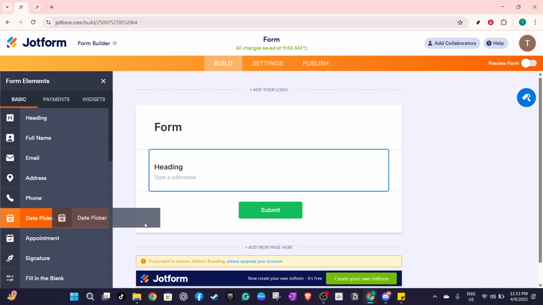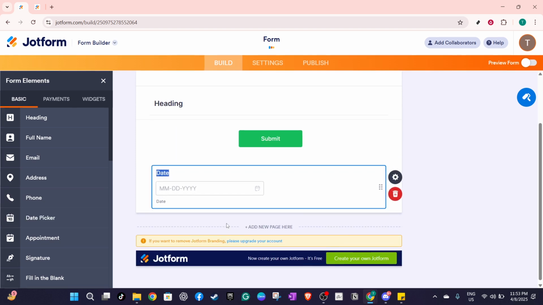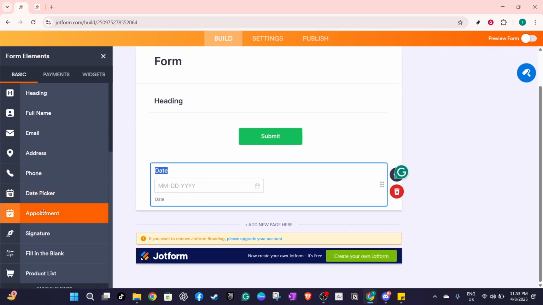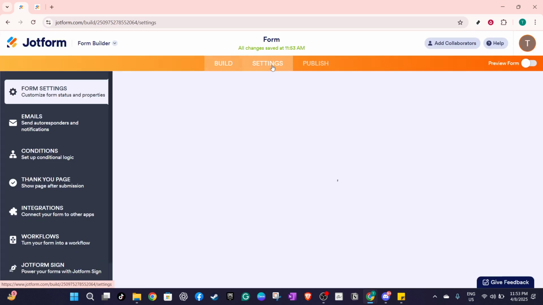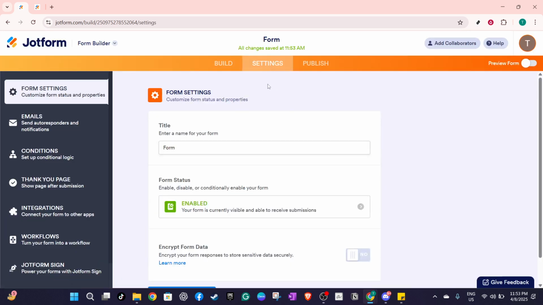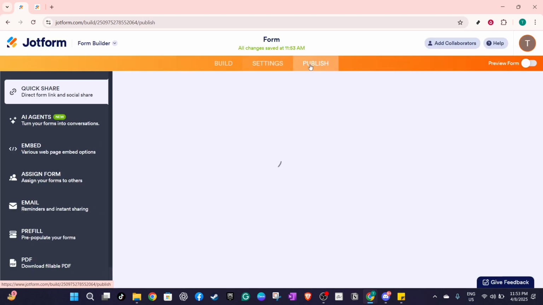Once you're satisfied with how your form looks and functions, it's time to share it with others. Jotform makes sharing easy and convenient. You can either send your form directly via email, or you can copy the shareable link and distribute it through your preferred channels. There's also an option to embed the form directly into your website for seamless integration, and there